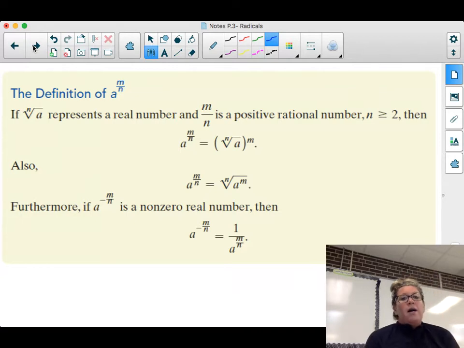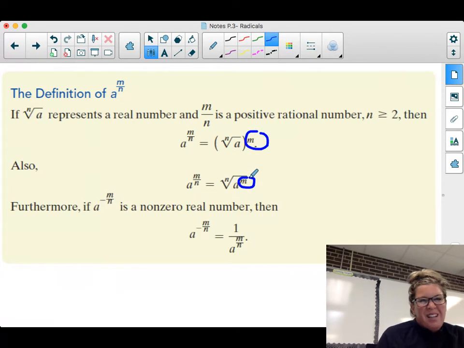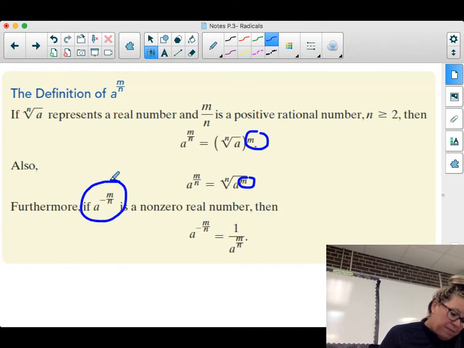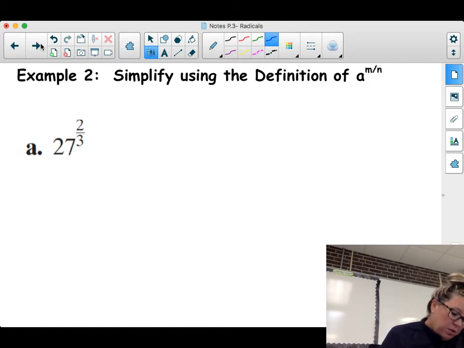All right, definition of a to the m divided by n. You can rewrite this as a radical, and you can put that m, the numerator, either outside the radical or underneath the radical. It depends sometimes on just what type of radicand you have. Also notice here if you have a negative power, it's going to flip down to the denominator. So here's our first example: 27 raised to the 2/3 power. To write it as a radical,